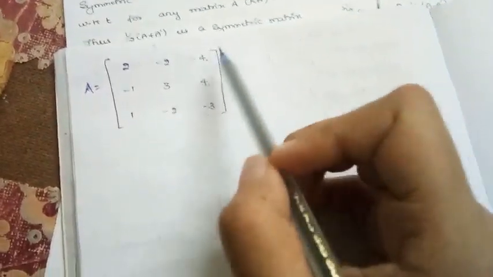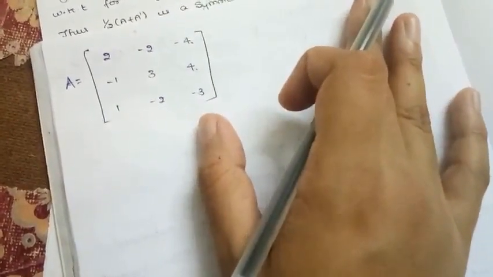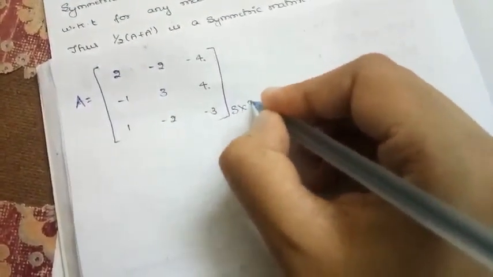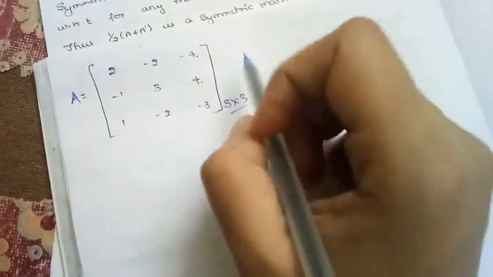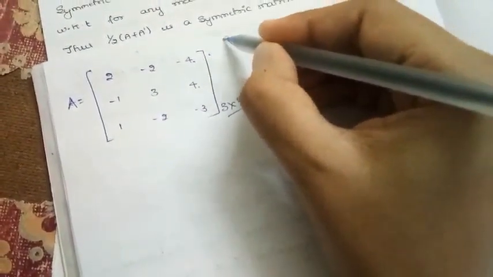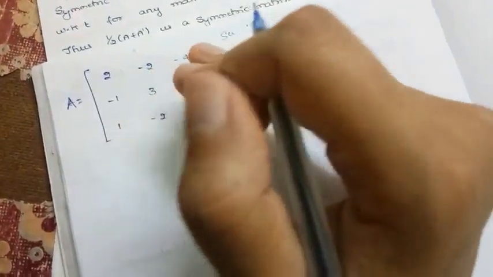You can see a question of this type. They have given you one matrix. This is a random matrix, neither of any special type mentioned in theorem 2. Its order is 3 cross 3, so it is a square matrix. They are asking you to express this matrix as the sum of a symmetric and a skew symmetric matrix.